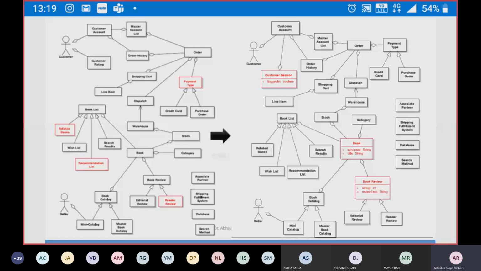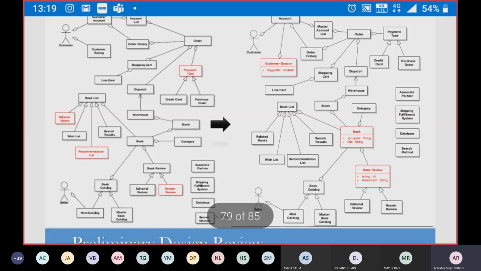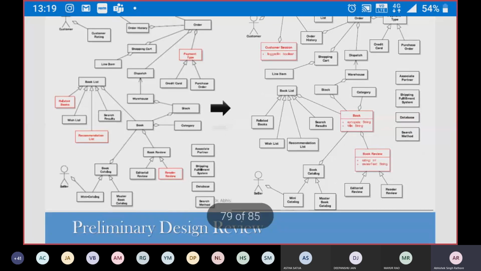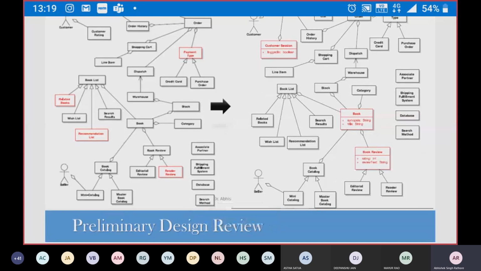In addition to that, we have some information available for books. For the book, first is the synopsis. This synopsis is some descriptive information about a particular book. Then there is the title of the book. So here we again have some attributes available, and we can add a few attributes. In an iterative or incremental process, we get some functions as well as attributes that appear in our domain classes.